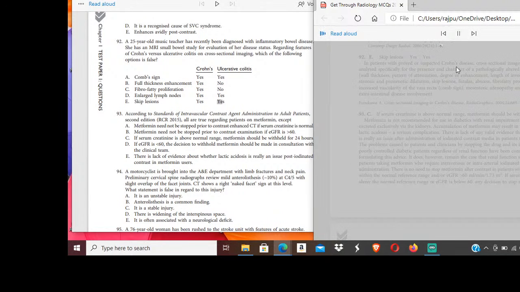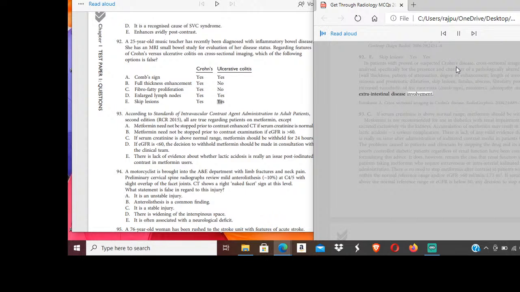92. E. Skip lesions. Yes. In patients with proved or suspected Crohn's disease, cross-sectional images should be analyzed specifically for the presence and character of a pathologically altered bowel segment: wall thickness, pattern of attenuation, degree of enhancement, length of involvement, stenosis and prestenotic dilatation, skip lesions, fistulas, abscess, fibrofatty proliferation, increased vascularity of the vasa recta, comb sign, mesenteric adenopathy, and other extra-